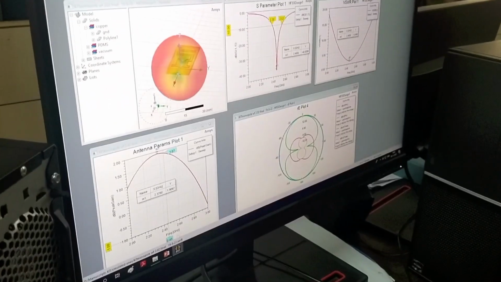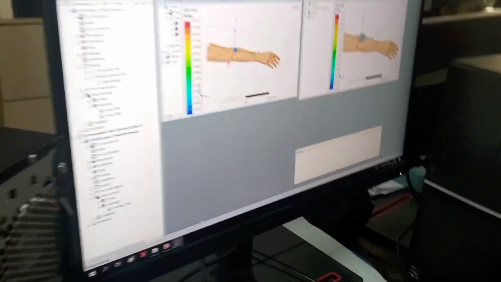So the gain is a little bit low, which needs to be improved. Another major characteristic to be evaluated is SAR, specific absorption rate. You would have noticed it in your mobile phone, and it should be as per FCC standard: less than 1.6 watts per kg for 1 gram of tissue. If you consider 10 gram of tissue, it can go up to 2 watts per kg. But during simulation we set it for 1 gram of tissue, so the specific absorption rate should be less than 1.6